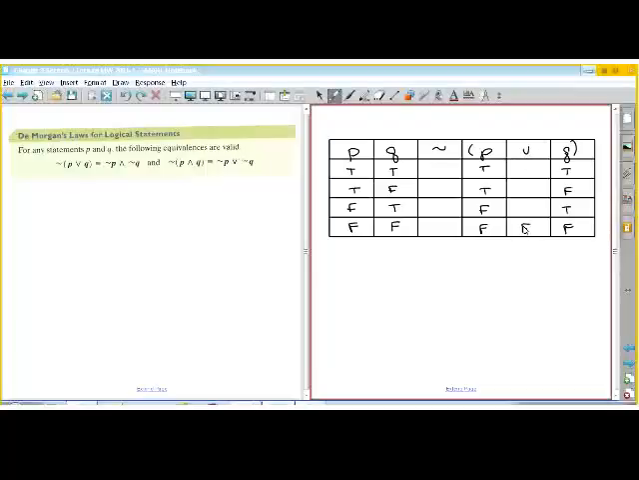And then we apply the OR operator. Well, the OR operator says that it's only false if they're both false. So the only one that's false is this one, and all the others are true. This part's just the truth table for an OR statement. And then we take the negation of the result of this